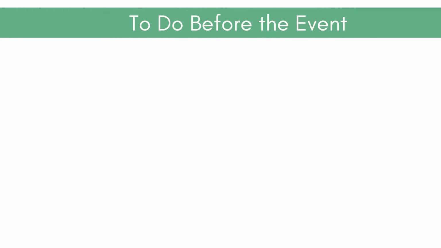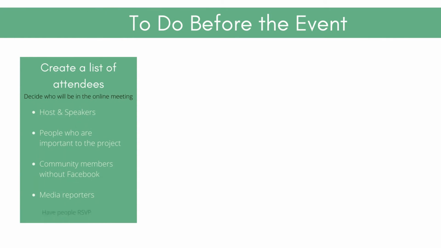So once you have the date set for your Facebook Live event, there are a few other things you need to get in place. The first one is you need to decide who will actually attend the meeting. So who is actually going to be getting the Teams or Zoom link. This is when you will choose a host and invite others that you would like to have speaker present. You may also decide to have a few other people attend in the meeting that may not speak, but you would like to be there.